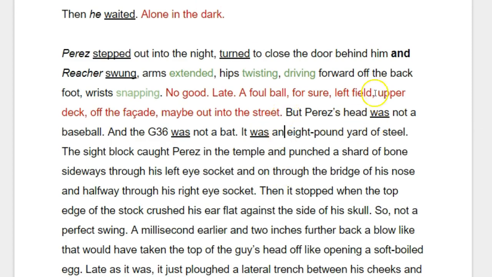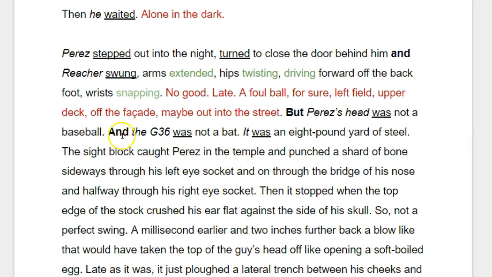But Perez's head was not a baseball. So we've got a verb and we've got a subject. And the G36, so we've got another verb and a subject. And then we've got a pronoun replacing the G36. So we've got 3 simple sentences there in a row. Can you notice these coordinating connectives at the beginning? What he's doing is giving almost a sense of continuation, but you've got a pattern there: but, and, which